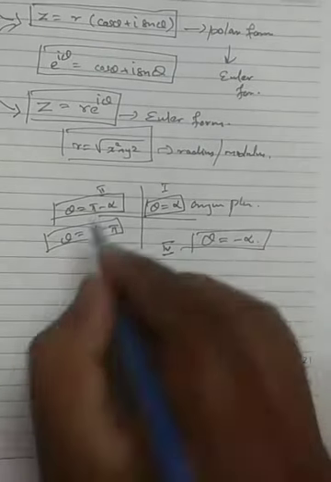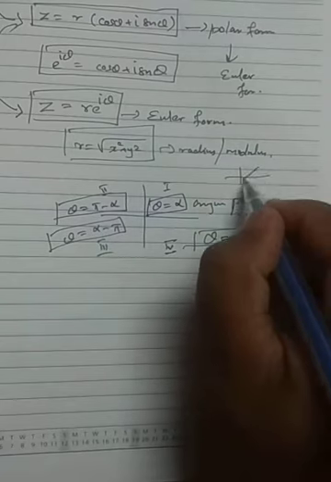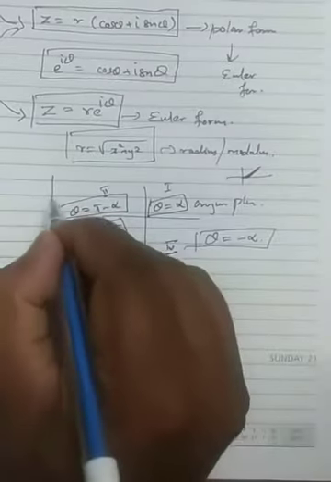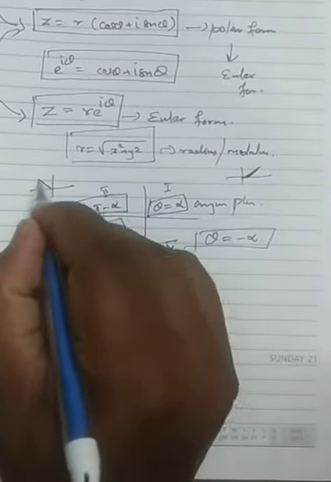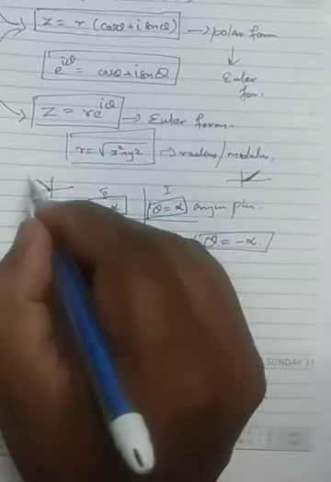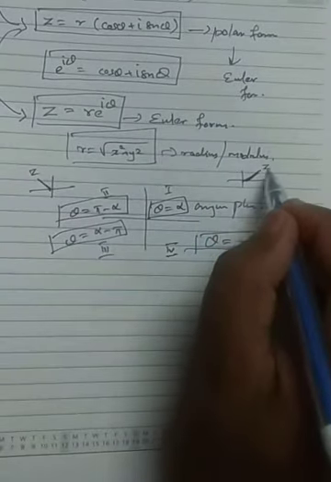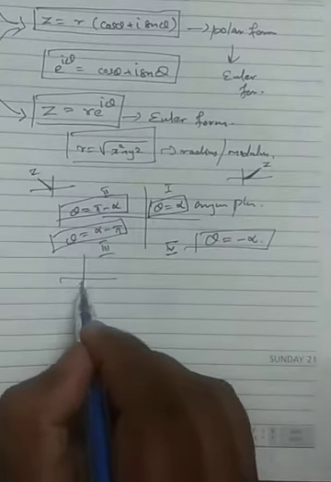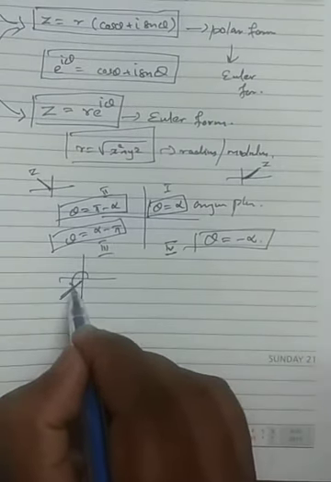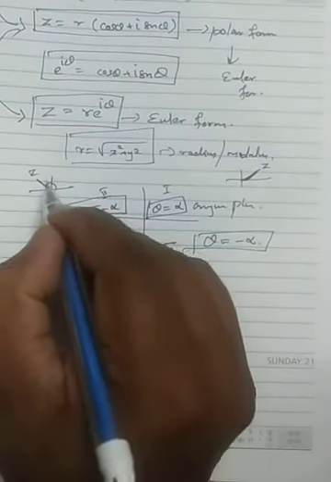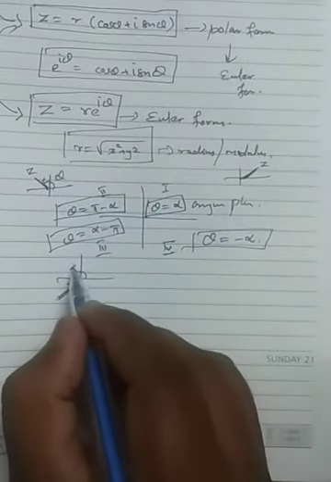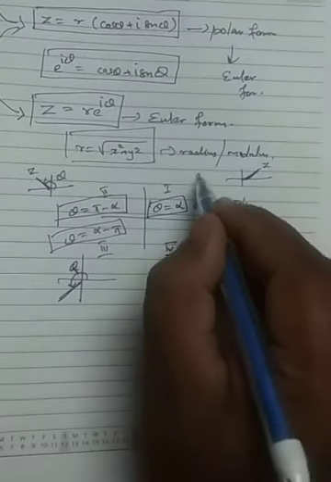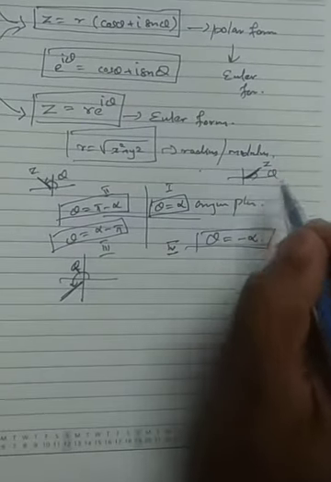So where it lies, first quadrant, it will be like this one. Our radius will be like this. Second quadrant, it will be like this one, so z will be here. Third quadrant, the z value will be here, so it will go that much angle alpha. Here this is theta. Don't write alpha, you write it as theta. Here the theta value will come.